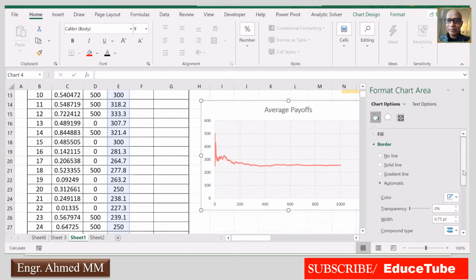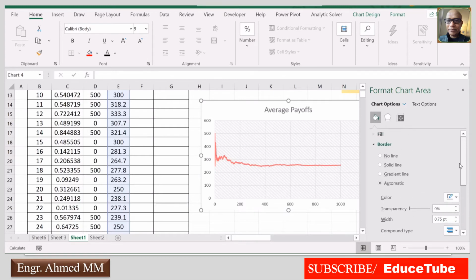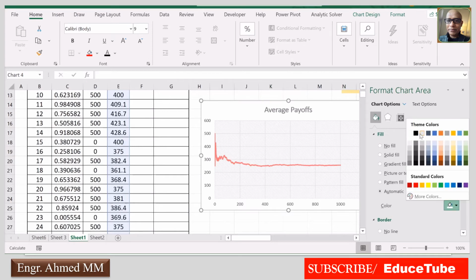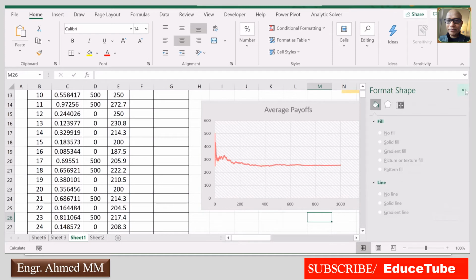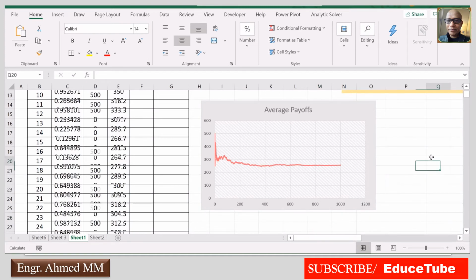So it will be like here fill, border. This is fill. I want to go for filling. So what I'll do here, I'll make something different. Yeah, like this. So it looks far better. Yeah, now graph looks better.